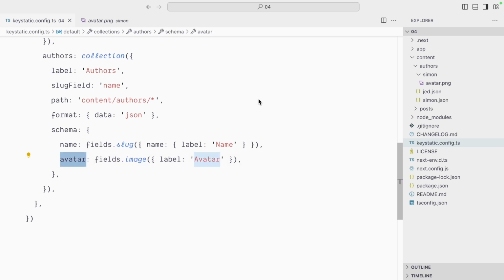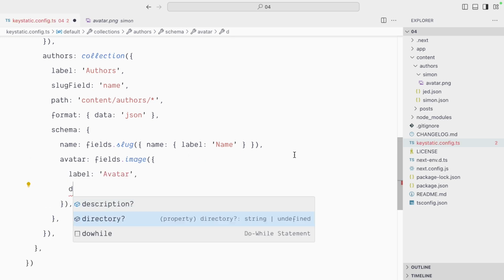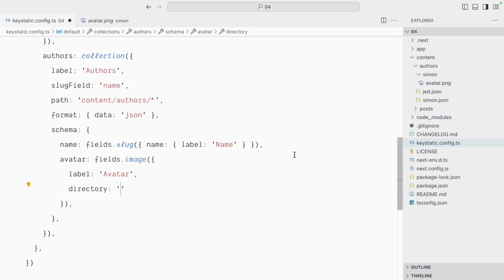So that's the default behavior for an image file if nothing is specified. It will name the file after the field name and place it inside a directory that matches the slug of the entry. In this case, we want to make things a little bit simpler for us to display the image on the front end. And since we are in a Next.js project, it'll be nice to output the image in the public directory so we can directly reference the path to this image in our templates. So alongside the label, we are also going to specify a directory property. And this directory property lets you output the image wherever you want, regardless of where the entry itself is stored based on the path. So if I want the images to go in public, I can do this,